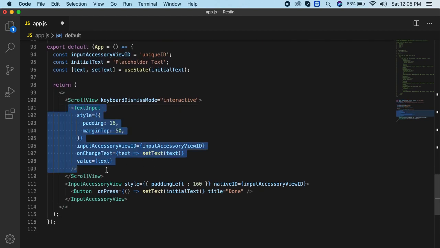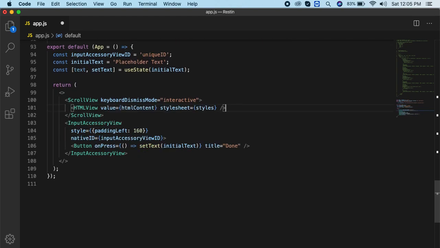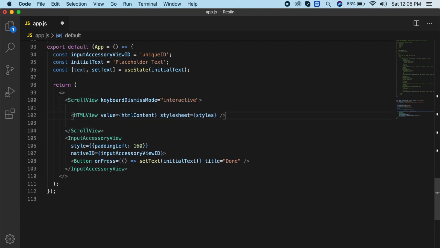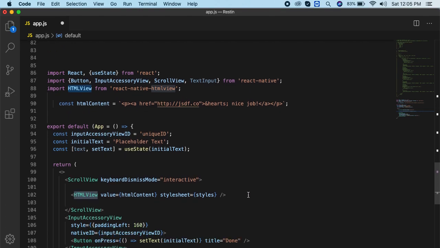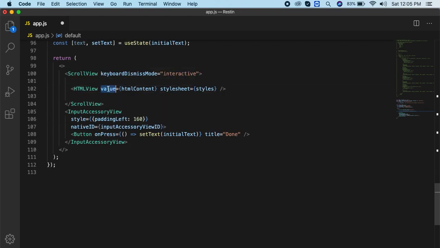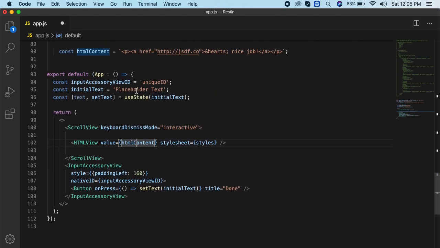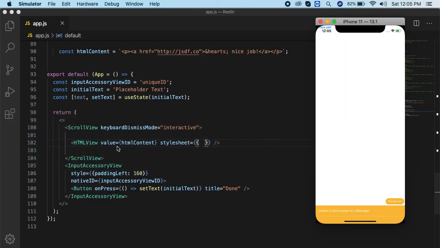Just remove this, and you can see this HTML view. We have already imported the library, and this value contains the HTML content. You can put whatever style you want here. For now I'm not going to give any styling, I just want to show you.